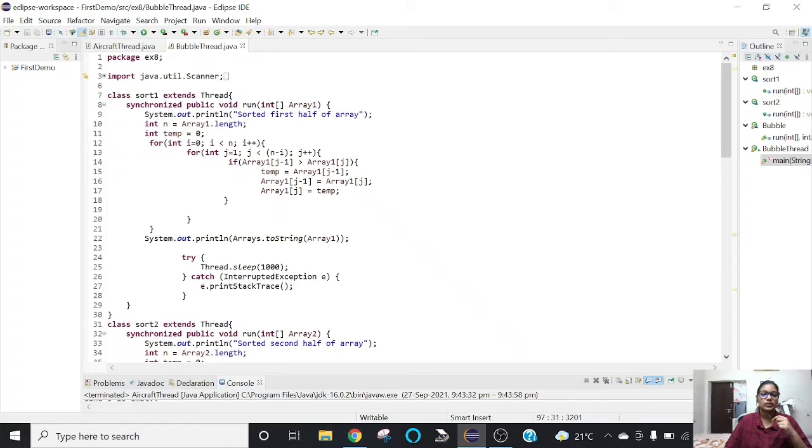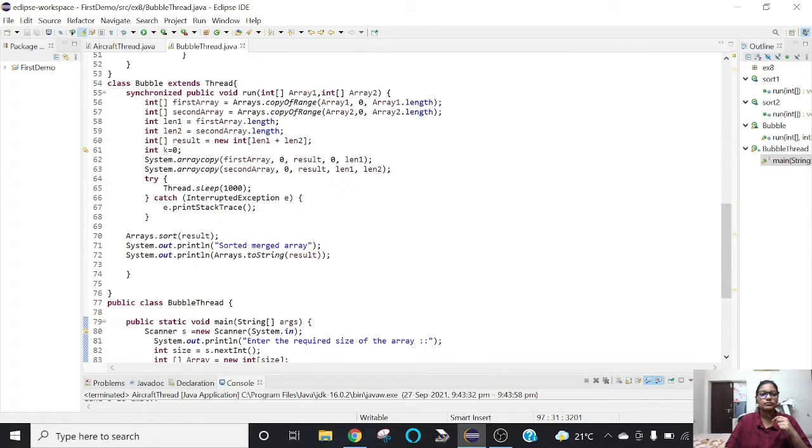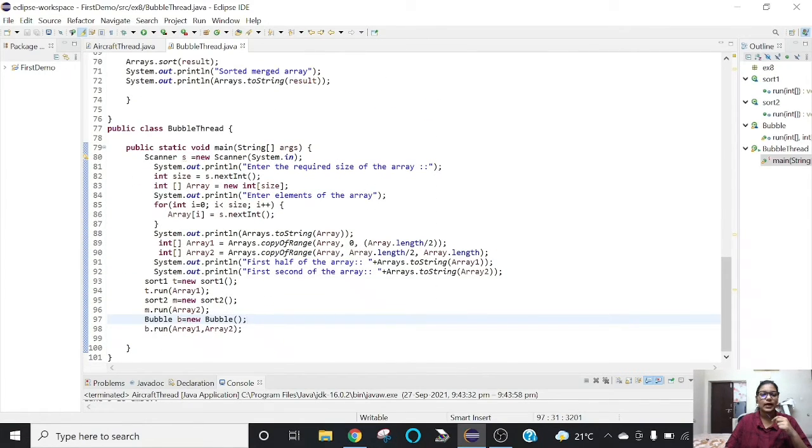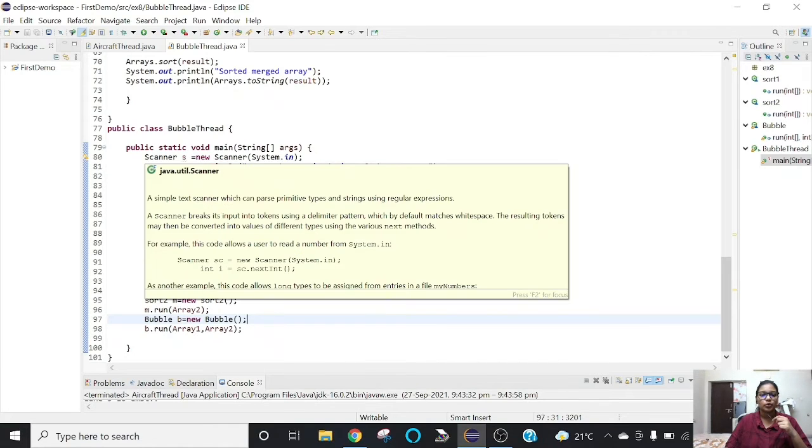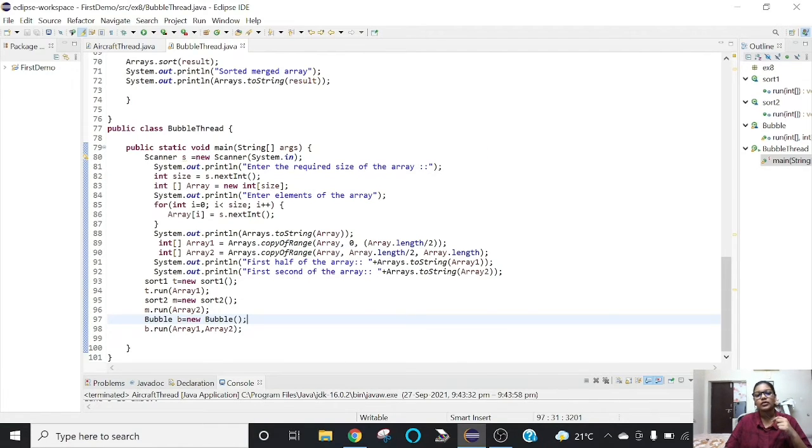It is also synchronized using the synchronized keyword, so that the other threads will be synchronized with each other. Since we are going to take arrays, I have given the function an argument to take arrays. In this main class, I have given a user input program so that we can take the required size of the array and the elements that have to go into the array, and then using Arrays.toString, I have converted this array into a string, and then using this